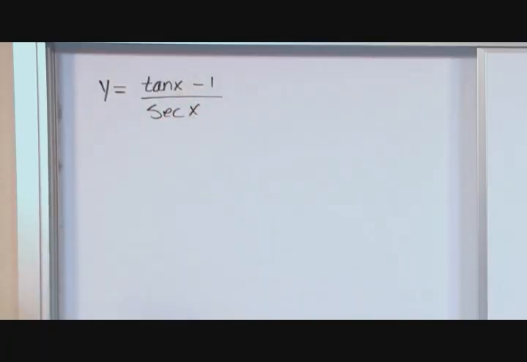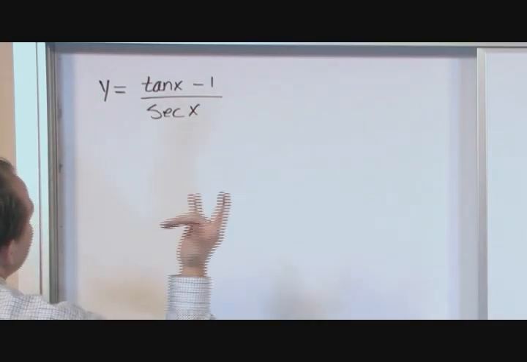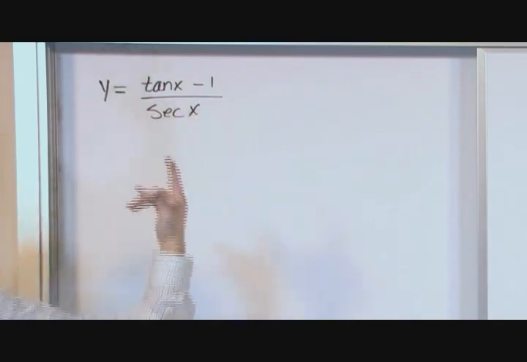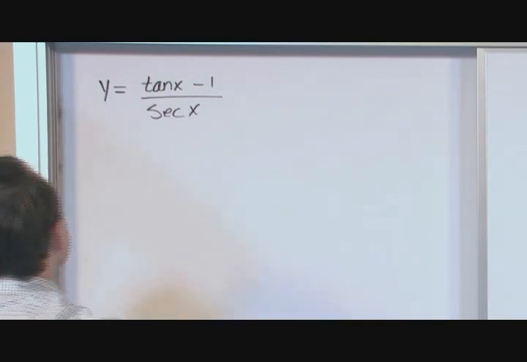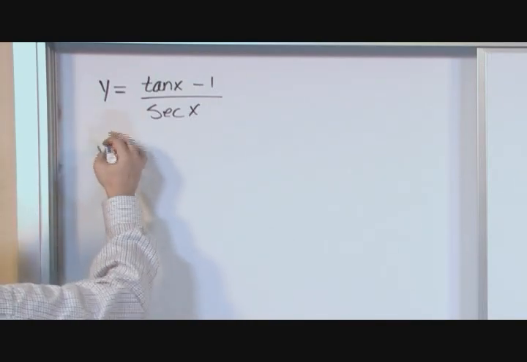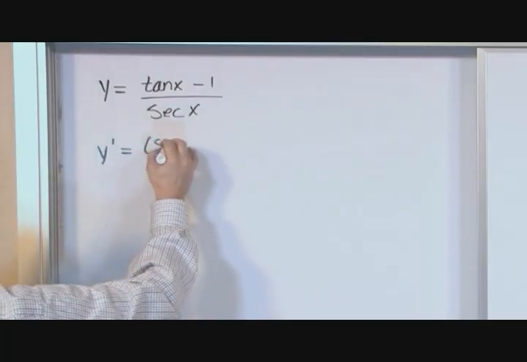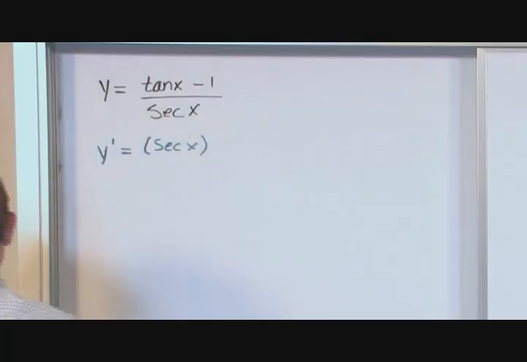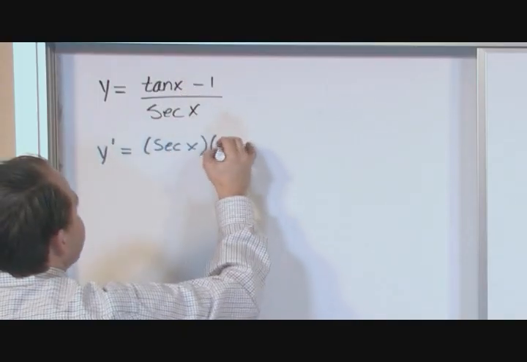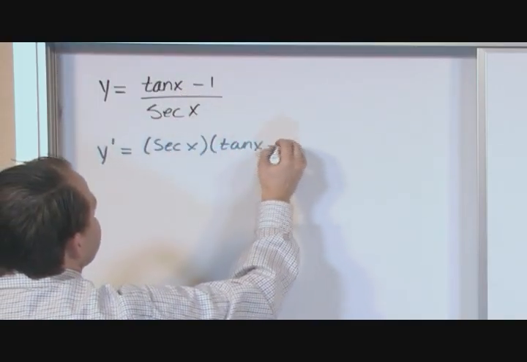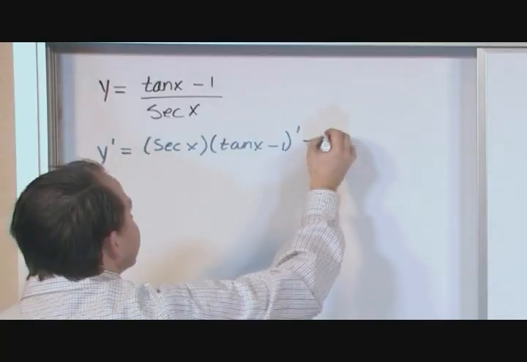So there's a nice friendly looking function. Tangents and secants usually frighten people and kind of makes sense a little bit. But ultimately you have a numerator and a denominator, so you're going to be able to use the quotient rule on this when we take the derivative. So we take the derivative as follows. Bottom, secant of x, times the derivative of the top, which is this guy, tangent x minus 1, take its derivative, minus the top,